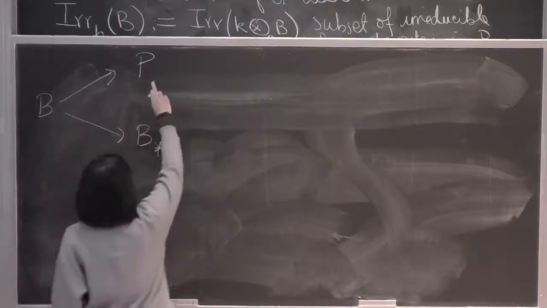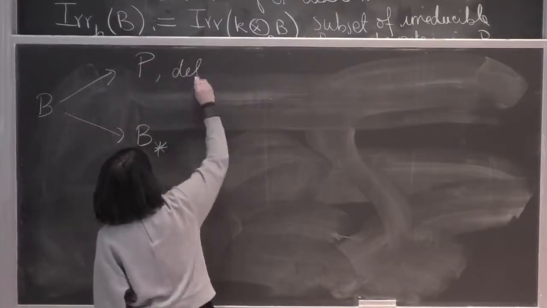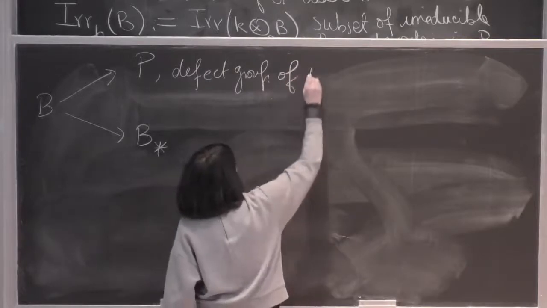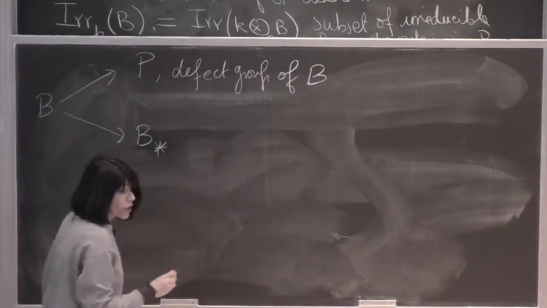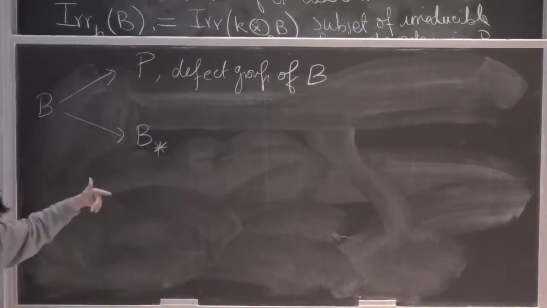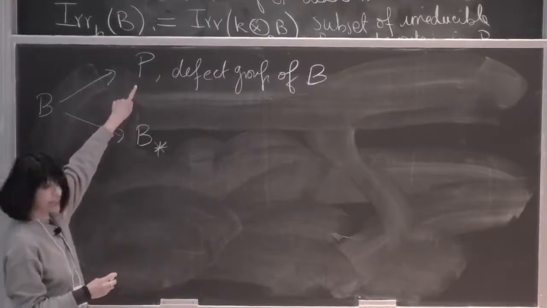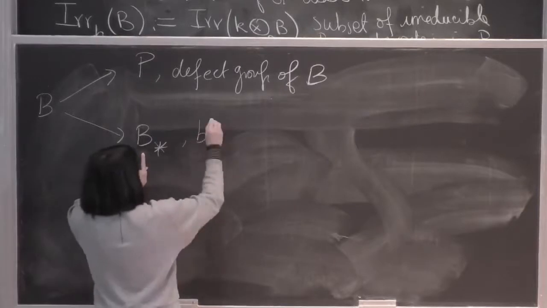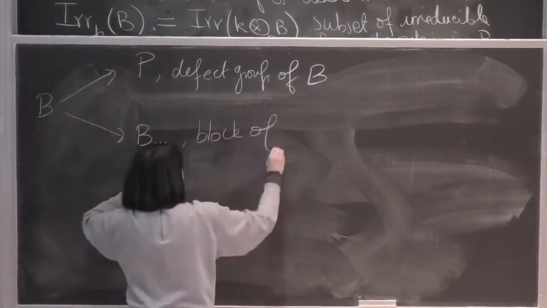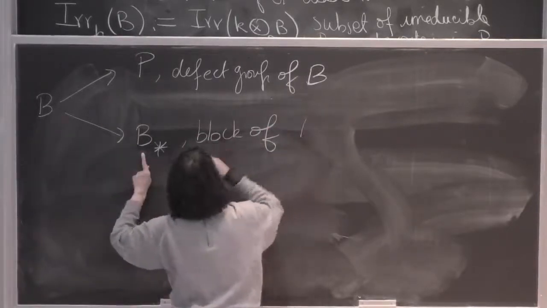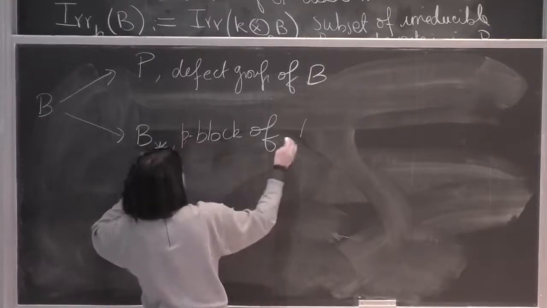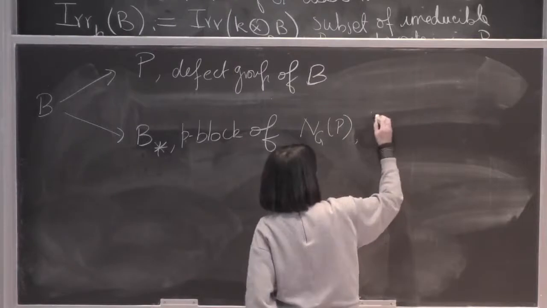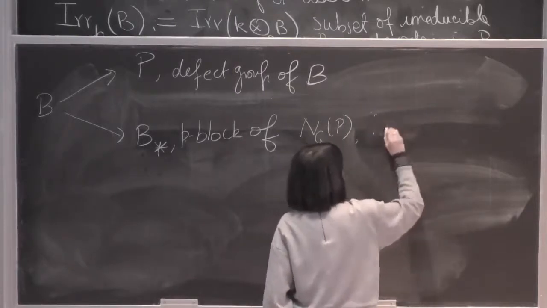So I just quickly remind you, this is a defect group of B, unique up to conjugacy in G, and once you fixed a defect group, this was the block, the P-block of the normalizer in G of P, with P as defect group,